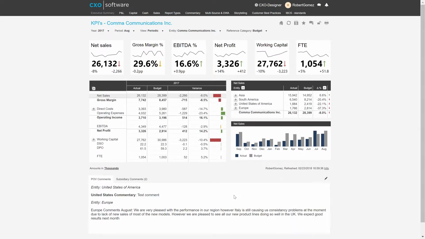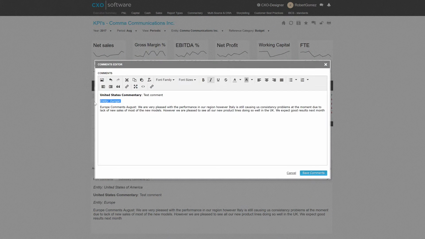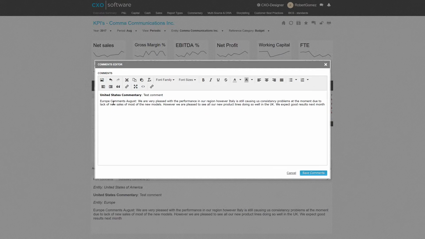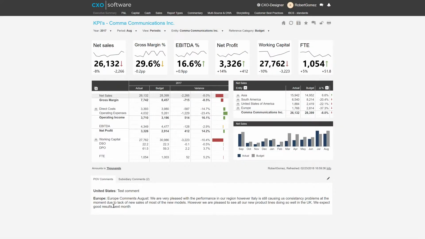I can simply edit these comments and remove the sections I do not like and just leave some sections in there. So I can, again, edit. I can bold it. Let's remove some unnecessary text. And I'll go ahead and save it. So now I've successfully rolled up the commentaries I have for Comma Communications, which is the top level, and my